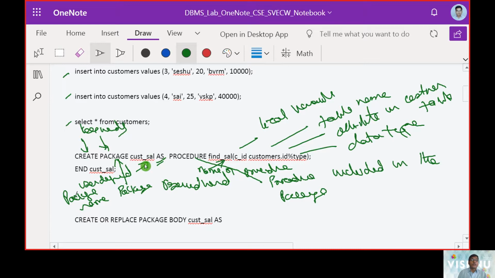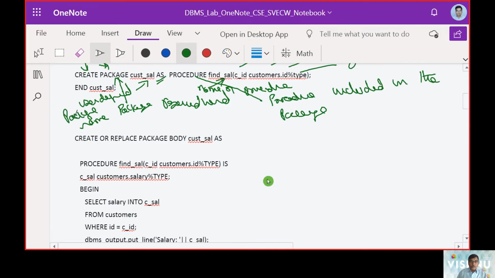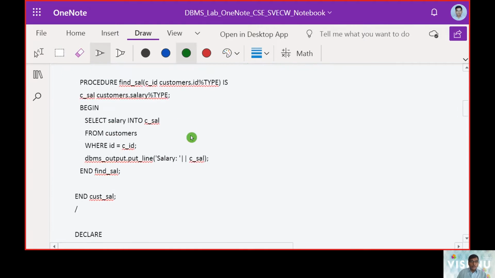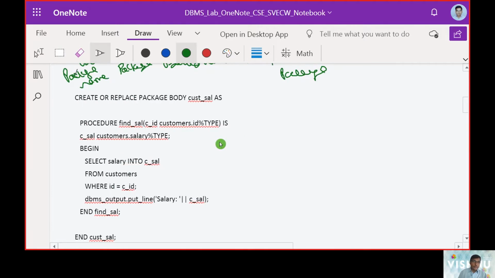Thereby we call the user defined package name as customer, with as being a reserved word. In this package we are now starting to build a procedure, and the name of the procedure is find sal, and it is using the variable called ID, which is dumped into the local variable called customer ID. We had a glimpse of packages in our earlier exercise, but here we will use it as part of a SQL query. Now create or replace package body here.